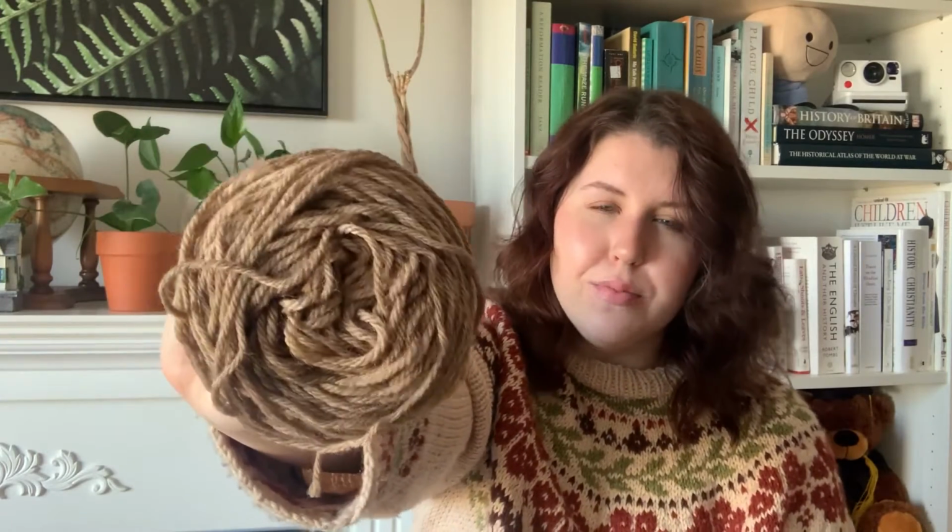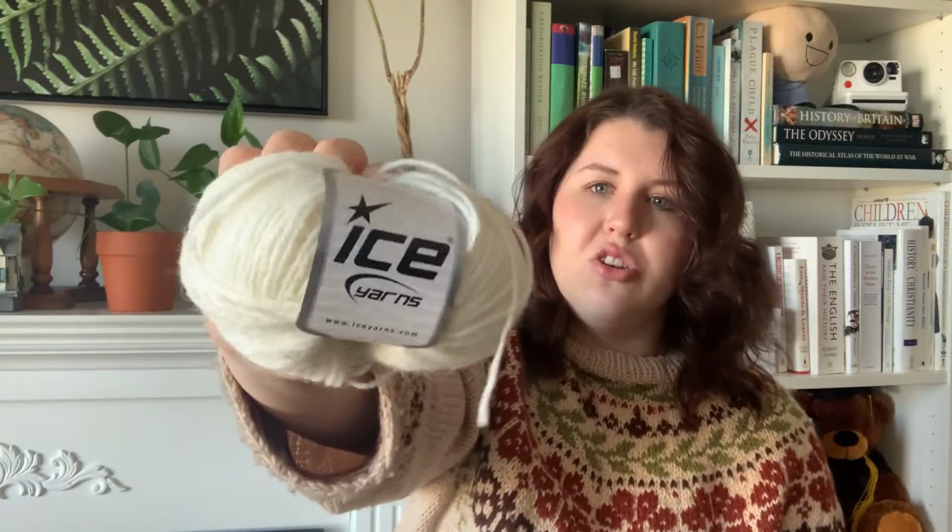So this was knit out of yarn from my stash, and the first of which is another thrifted color from that same thrifted haul, and it's this brown, and I do have the name of this one. It's called Vinci, and it is just a nice warm medium brown color. And that was held with another yarn that I thrifted, and this is ice yarns, and I'd always wanted to try ice yarns, so I was glad to get my hands on some of these. And this was knit in Master Alpaca, just 25% alpaca, 25% merino, and 50% acrylic, and this is a DK